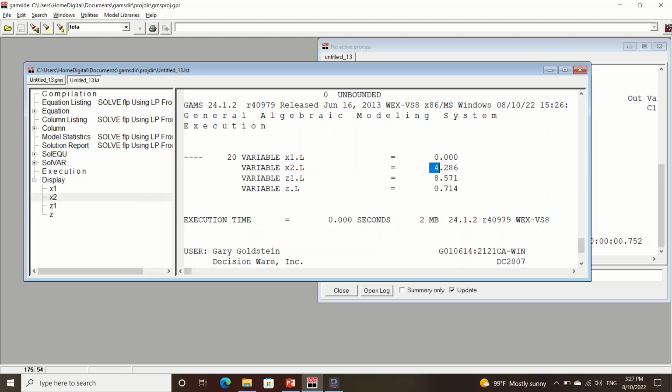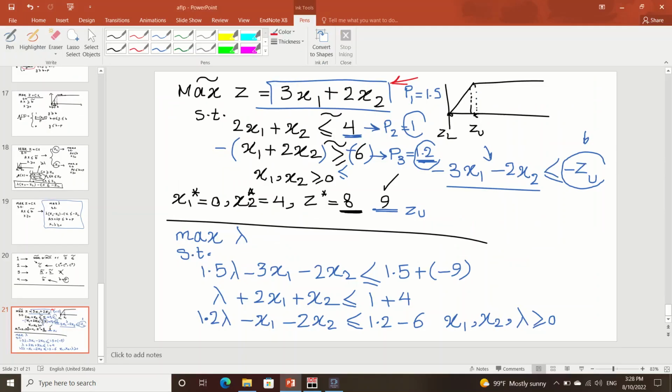Okay, and this is lambda. Also you can see in this part, for example, Z is 9, Z upper is 9, and for example, Z lower is 7.5,